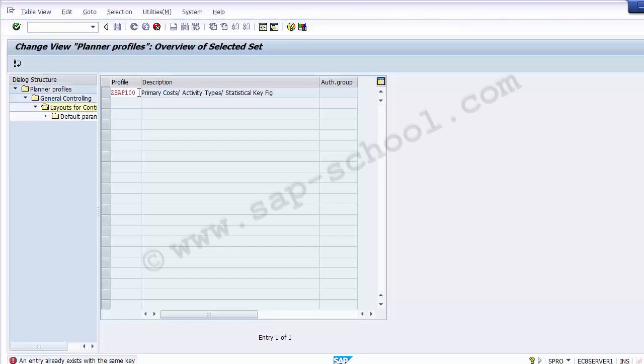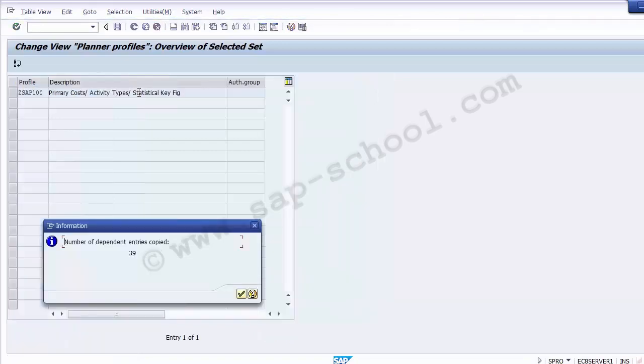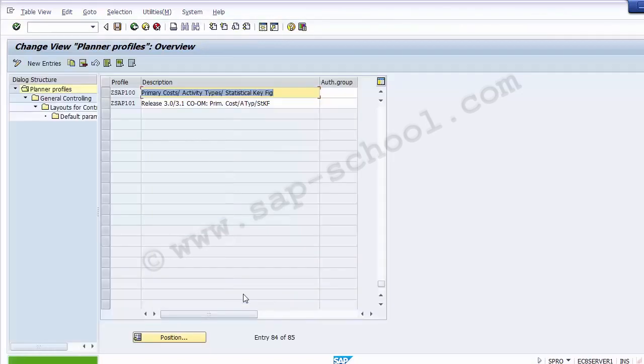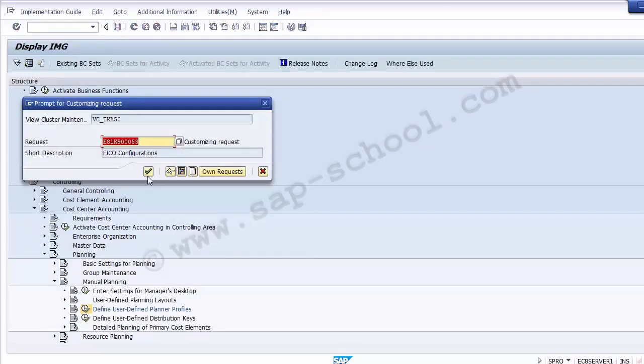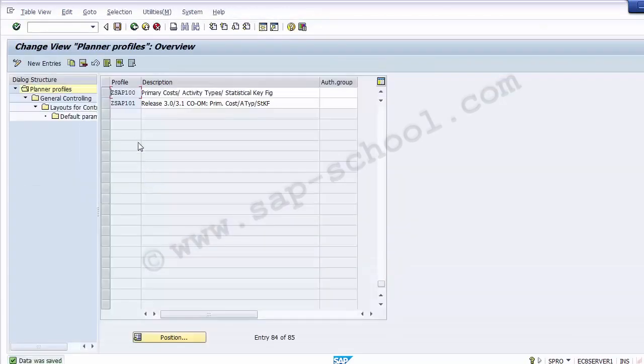You can see the data has been copying from the layout, and now the message is generated. Number of dependent entries copied is 39. So once this has been copied, we need to save the profile first of all. So once the profile has been saved, now the next step is to select the same profile over here,